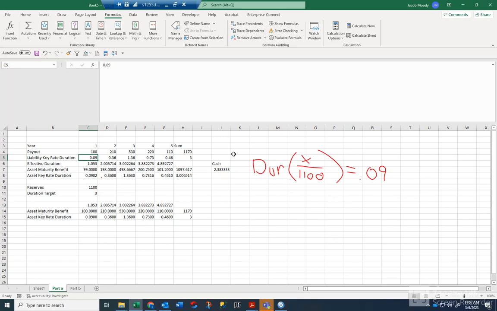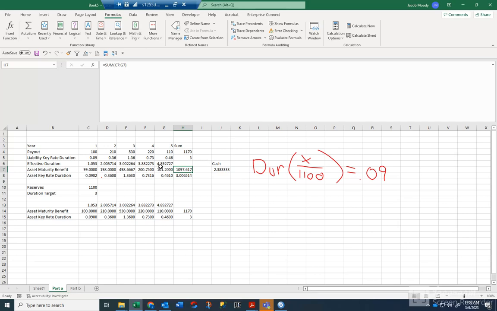I know the duration of my first asset, or my zero coupon bond, is 1 year. So that's exactly 1. So duration is 1, and I'm going to just multiply the 0.09 times 1,100 and divide by 1, and I should get x, which is right here. So it's exactly $99 right here. So the 1,100, and then I multiply it by the 1, which is the duration, and then we got the 1,100 there as well. And that is how I solved for each of these assets right here, which sums to